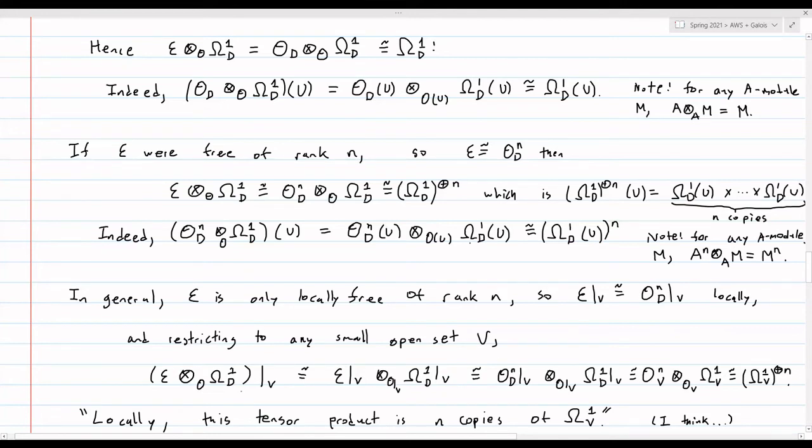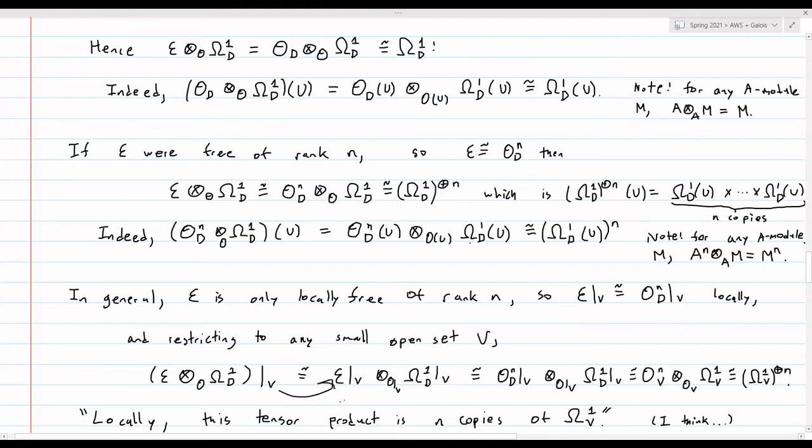And now, I say here, I think, because I don't know if every step here is justified, but what it's looking like, I believe, is that if we restrict our locally free sheaf of rank n tensor product with the holomorphic one forms on D, and restrict this tensor product to this small open set V on which this holds, then doing this tensor product, see,